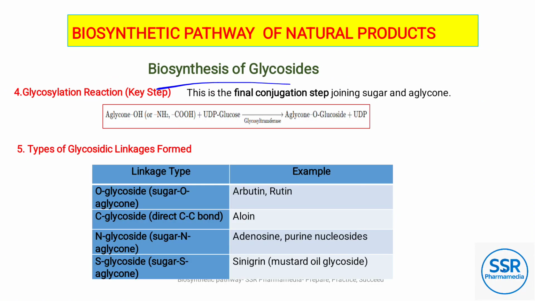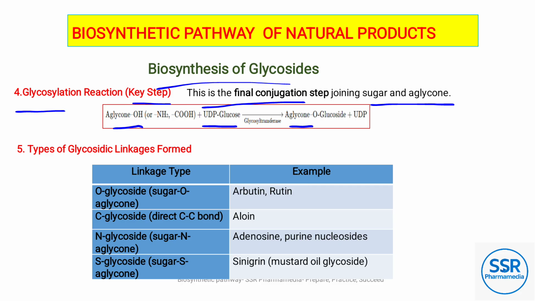Next, biosynthesis of glycosides, step 4. Step 3 is the formation of the aglycone part, that means the non-sugar part formed from the shikimic acid pathway. Now the fourth step: the glycosylation reaction is a key step for the formation of glycosides. This is the final conjugation step, joining sugar and aglycone, the non-sugar part. The aglycone containing an OH group and uridine diphosphate glucose, in the presence of glycosyltransferase enzymes,